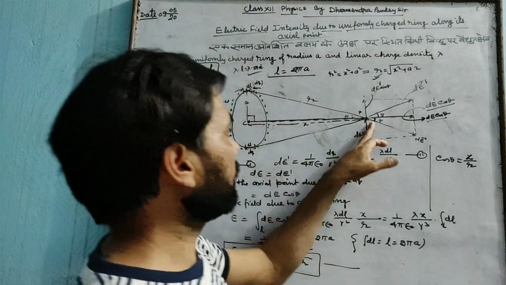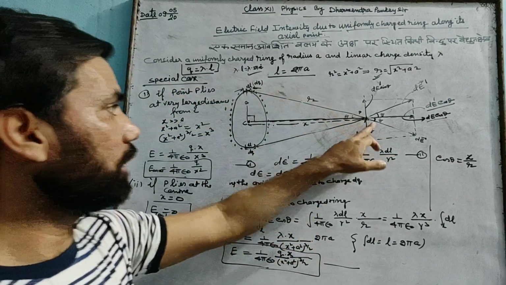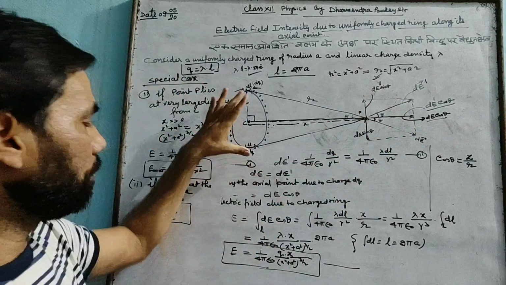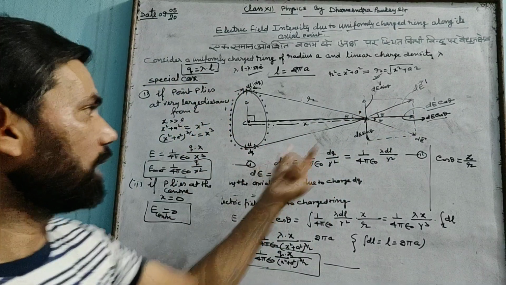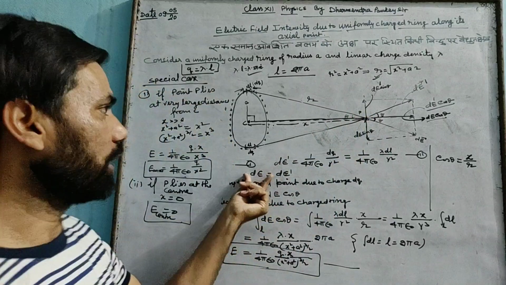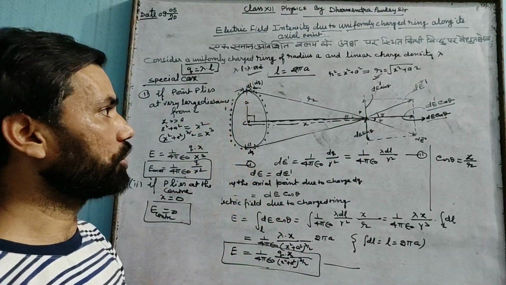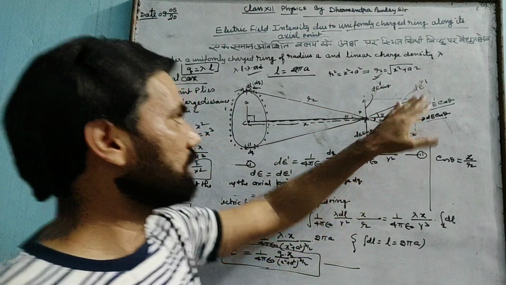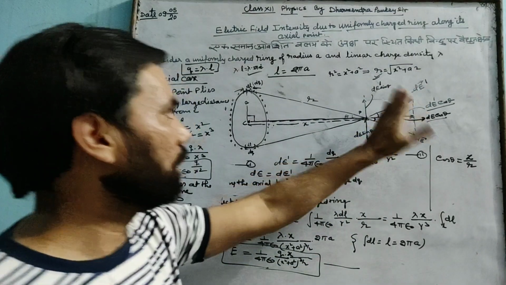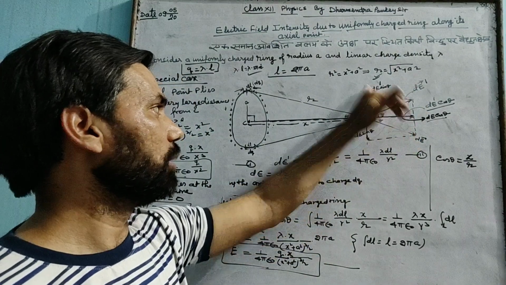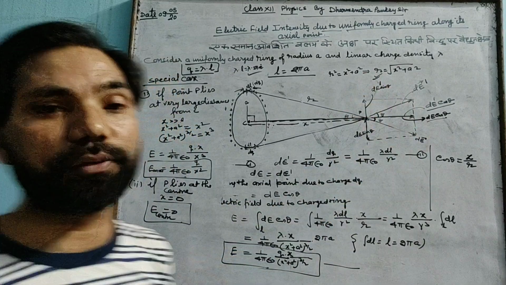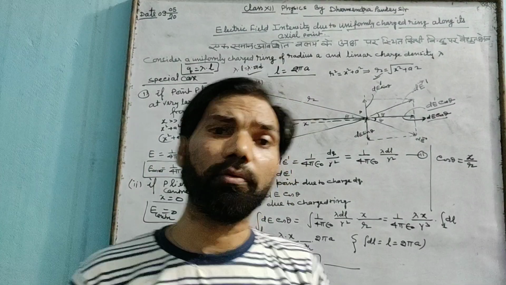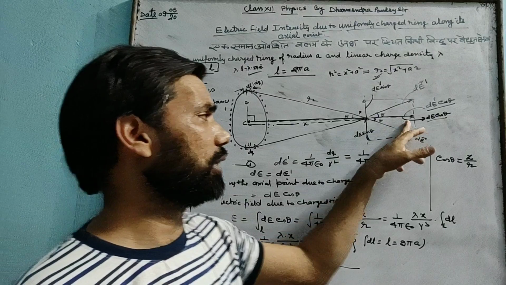take a small charge element dl, and calculate the electric field intensity because of this charge element, and at the diametrically opposite end, calculate the electric field intensity due to that. If we see, the electric field intensities at this point have the same magnitude because of these two diametrically opposite charge elements, but the direction is different. If we resolve these electric fields along the axis and perpendicular to the axis, then the component of electric field perpendicular to the axis of the ring will be cancelled out. Only we have the component along the axial point.